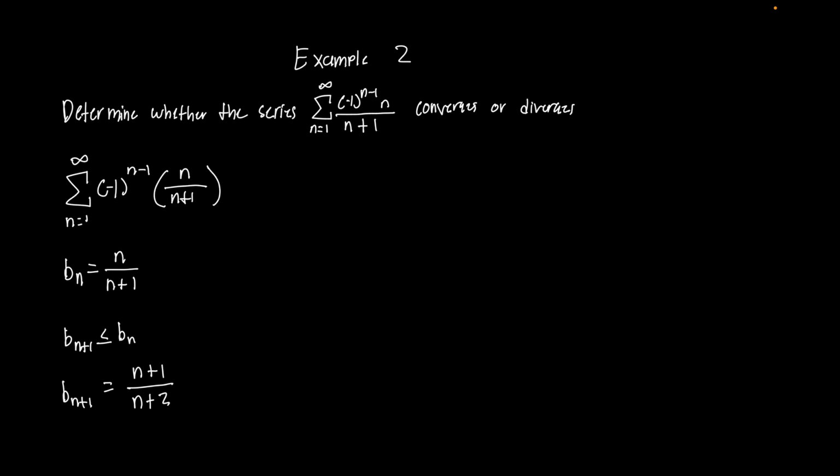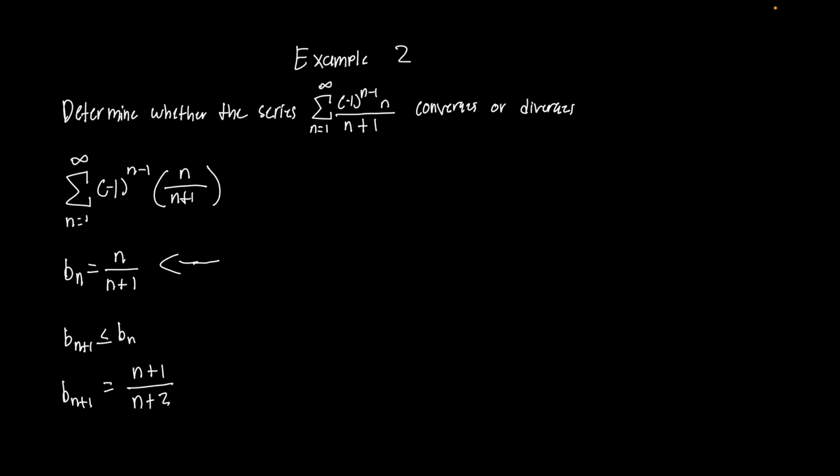Now we can compare these, right? But let's plug in some values into our b sub n, because it's kind of harder to compare this way without plugging in numbers. So when you check if this is decreasing,